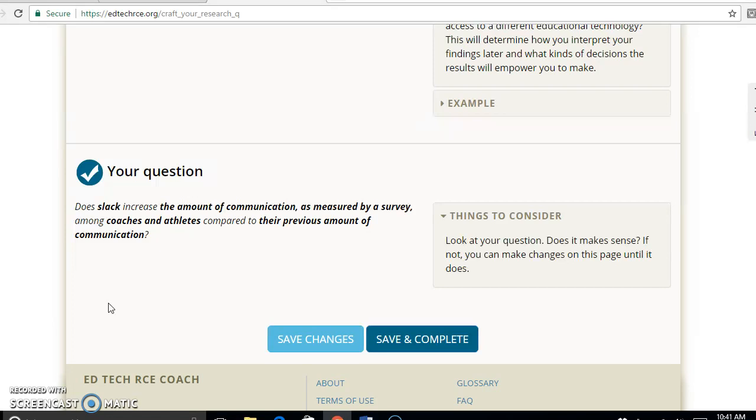For this tool, ideally what I wanted to measure was the attitude towards it. I couldn't really develop a tangible way of doing that. The tool wants to use the words increase or decrease, so I tailored my question to that. So instead of measuring attitudes, I decided to measure the amount for the sake of this project.